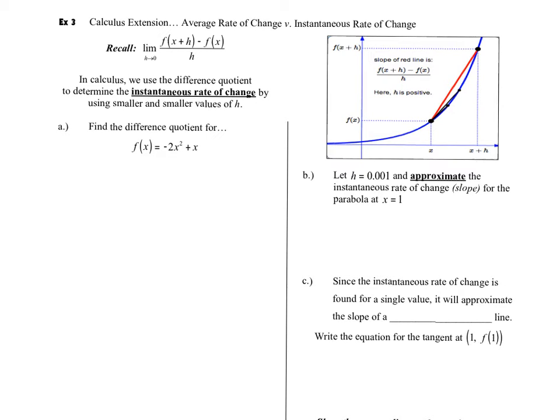On this page of notes we are going to do a comparison and begin to look at the difference between average rate of change that we did in the previous video and instantaneous rate of change. Our instantaneous rate of change is actually going to come in the form of our difference quotient that we did the other day. The other day we were just practicing the algebra with it. So here's our difference quotient and we're going to practice again working with our algebra,